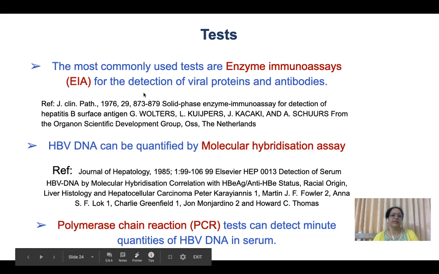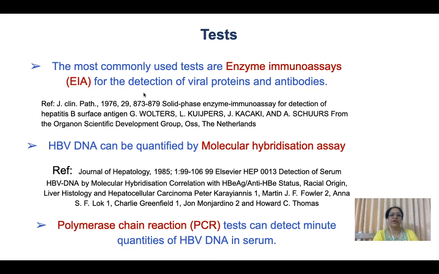So here are various tests which are used for detection of hepatitis B viruses. In that, the most commonly used tests are enzyme immunoassays, that is EIA. These are for detection of viral proteins as well as antibodies. One reference is included here, that is the Journal of Clinical Pathology. In that, solid phase enzyme immunoassay for detection of hepatitis surface antigens is included. So go through the paper in this